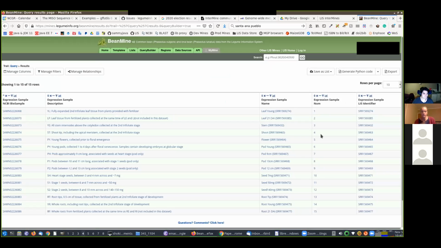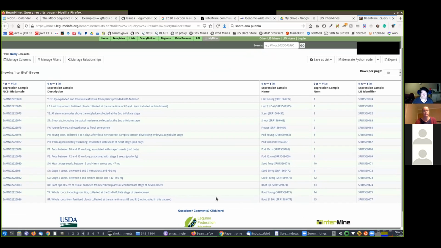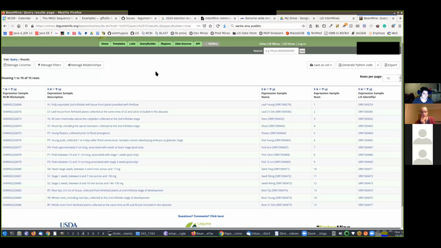So if I order them by number as they are, coincidentally, it goes leaf, leaf, stem, shoot, flower, pod, pod, pod, pod, seed, seed, seed, root, tip, root, young root. So I just did that myself when I loaded this data in. I added those numbers. And then finally, you have